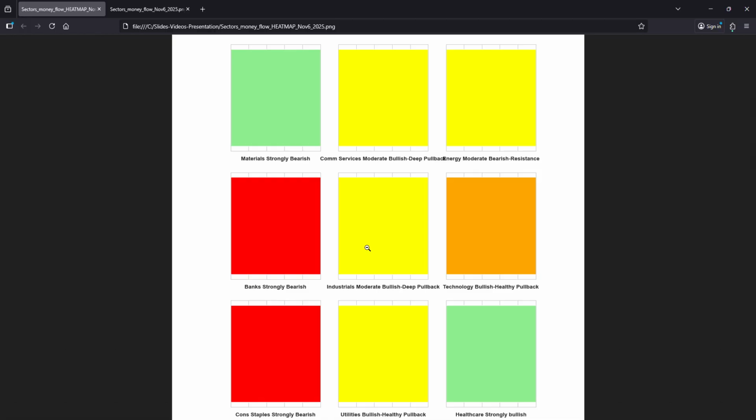And the industrials, they are in moderate pullback. The technology, I'm sorry, again, this is a little confusing here. The header is always above the picture. So the materials are bearish, the communication services are moderately bullish, the energy is moderately bearish, banks are